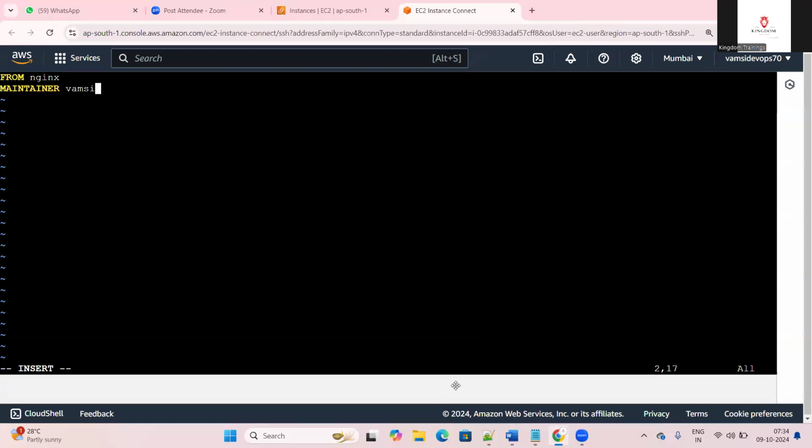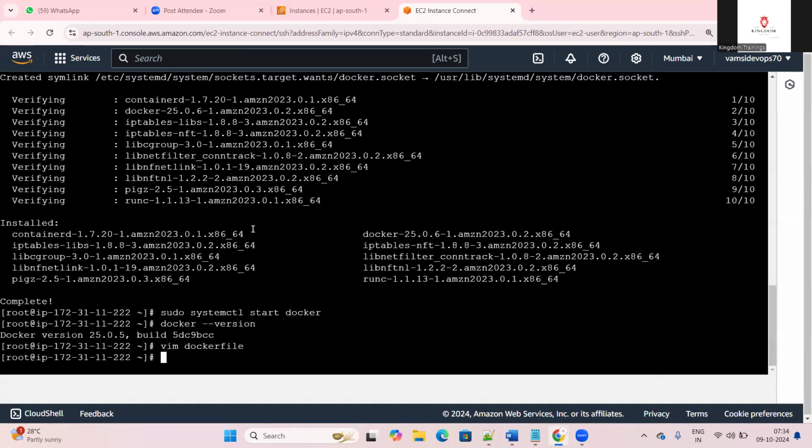I am just saving it. Escape, shift colon, WQ. We are saving it. Once after saving the Dockerfile, you need to write the Dockerfile like this: vi space Dockerfile, so that you can write the Dockerfile. And if you want to build the Dockerfile, how we are going to build it is docker